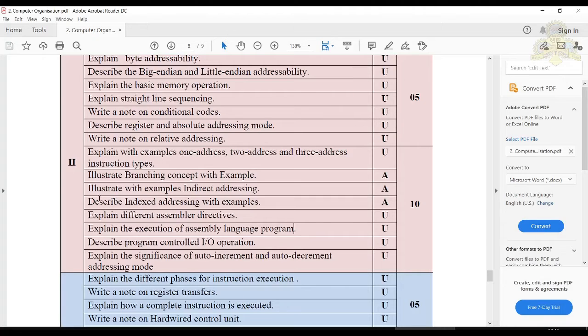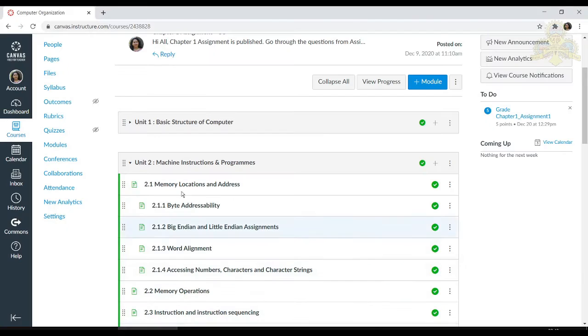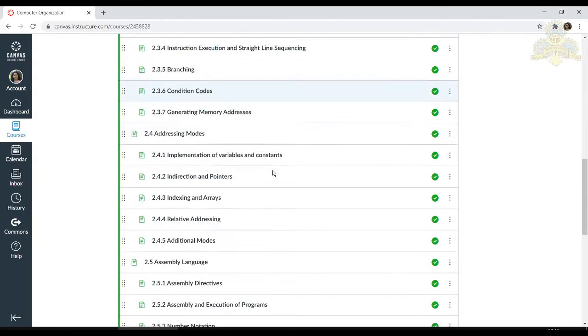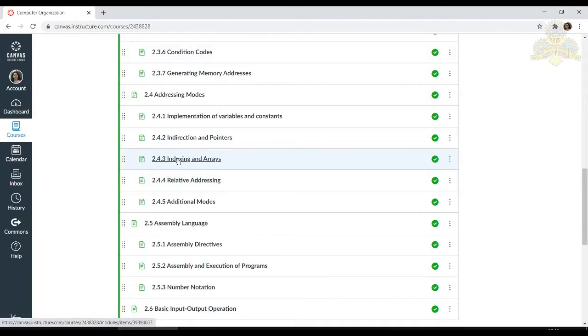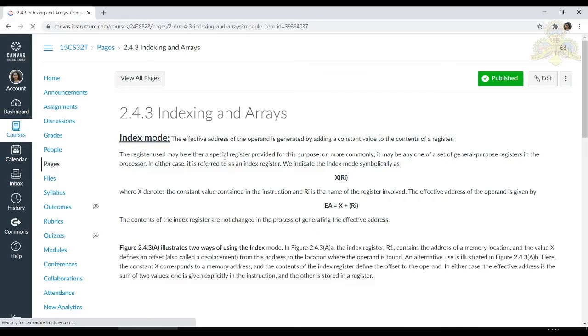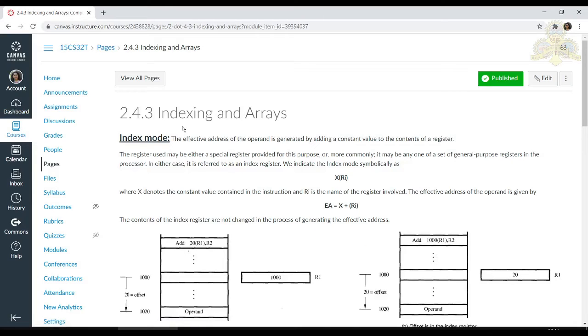So today we will start our discussion from this question, that is, describe indexed addressing with examples. The answer is here, 2.4.3, indexing and arrays. The question could also be phrased as explain index mode with examples, or indexing and arrays with an example. In the index mode, the effective address of the data operand